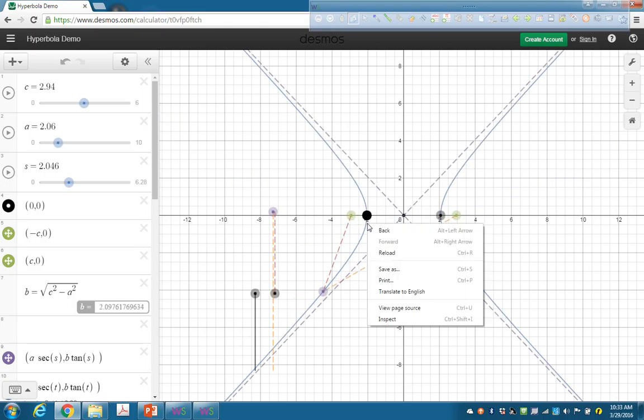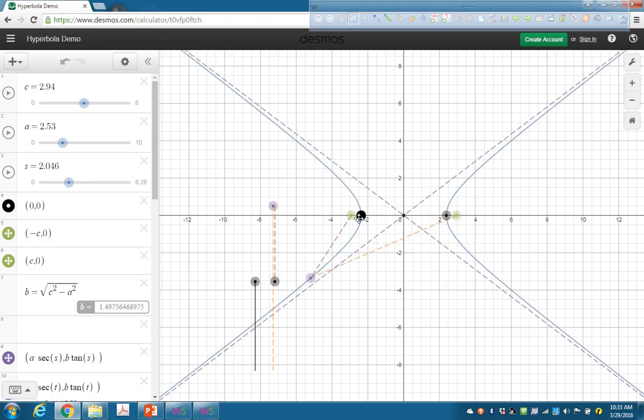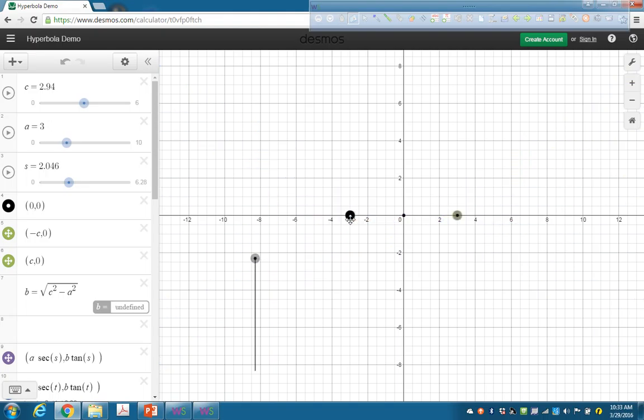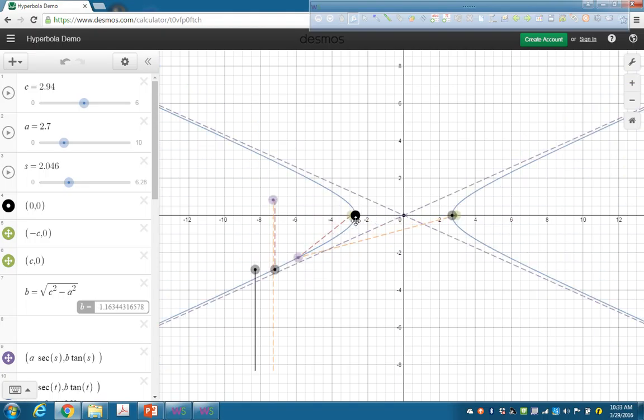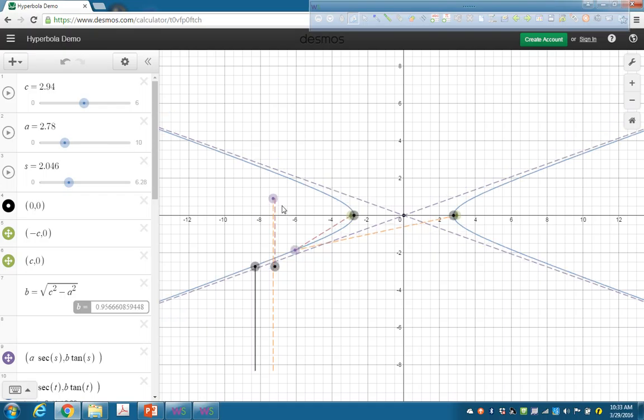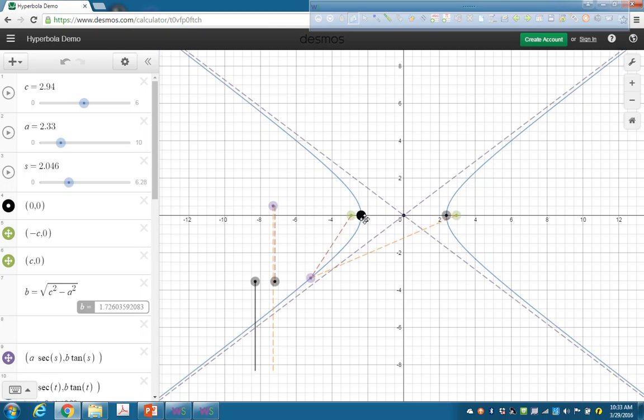I think this is the orange. I think this is B right here. So as A gets bigger, I think the orange between these two dots here and here, I think that's B. But it controls the spread. Okay, we'll talk about it in a little bit. Okay, and as A gets smaller,